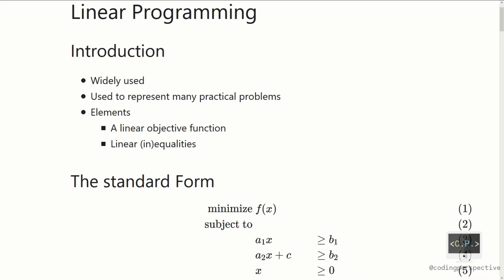Linear programming is a widely used field of optimization for many decades. Many practical problems can be represented by using linear programming. It's a special case of mathematical optimization. Linear programming is a method to achieve the best outcome in a mathematical model whose requirements are represented by linear relationships. In this type of optimization, there exists a linear objective function and linear equality and/or inequality constraints. Constraints make a feasible region, and we are trying to find the best point in the feasible region.